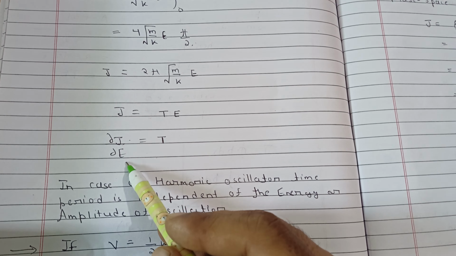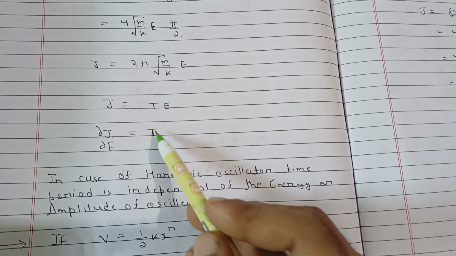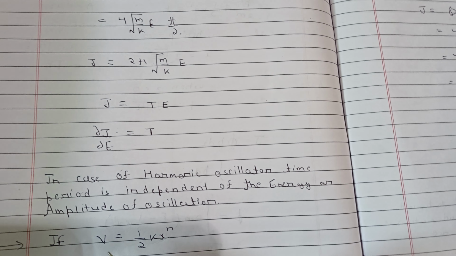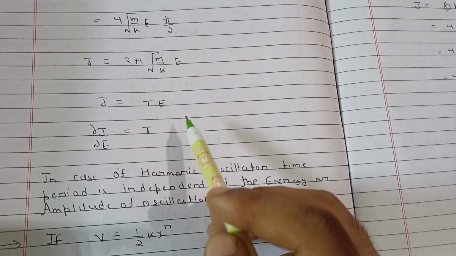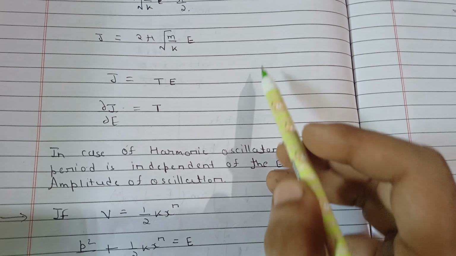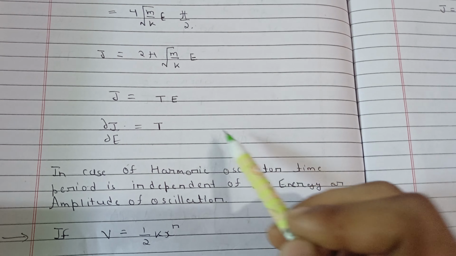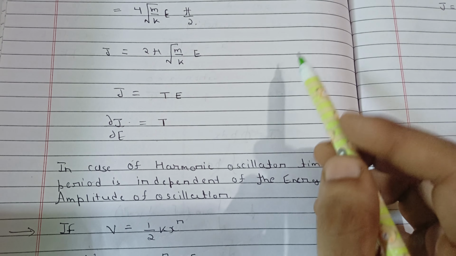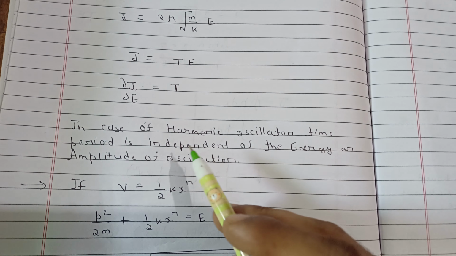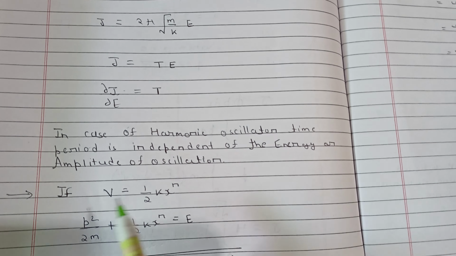So that's how you can see for the simple harmonic oscillator you are getting only T, and this T is not depending on energy. So we already know this thing, that in a simple harmonic oscillator the time period is independent of energy or the amplitude of the oscillator. Whatever the length or whatever the energy there is, that time period will always remain the same. It will depend on 2 pi under root L by g. So it will remain the same whatever energy you are giving it.